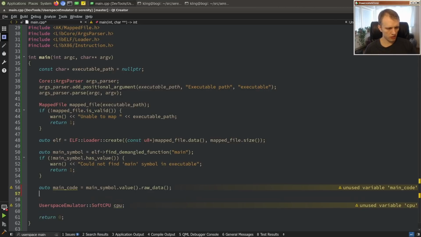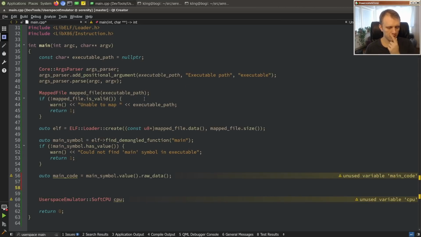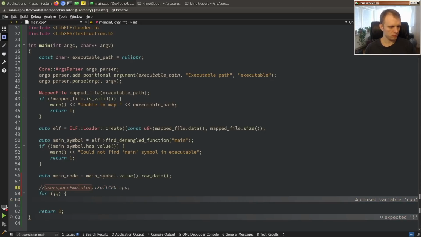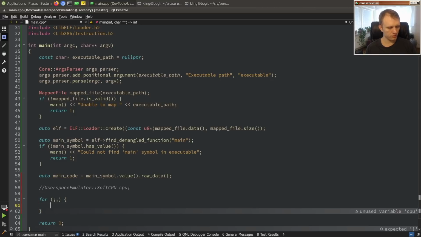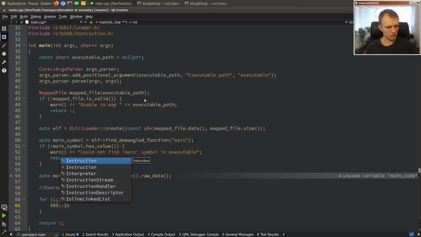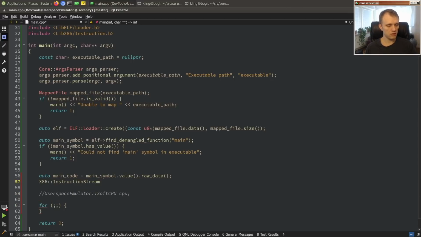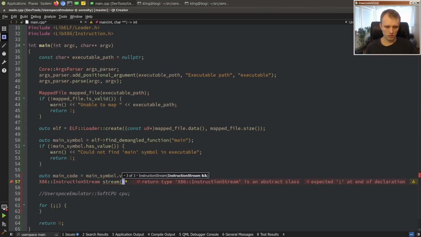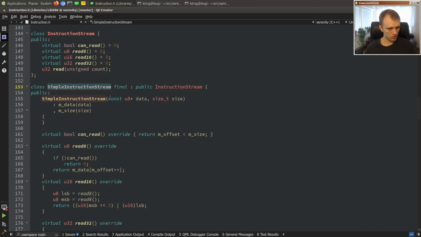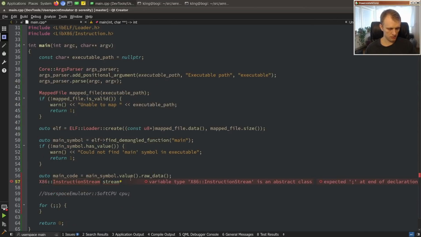Okay, so then let's just try to disassemble this, because that should be pretty straightforward. So forever, we'll wait with the CPU stuff for now. So forever, x86 instruction stream. Oh, nice. Okay, stream. How do we create a stream? A simple instruction stream created over a data and size. That's perfect. So a simple instruction stream created over main code